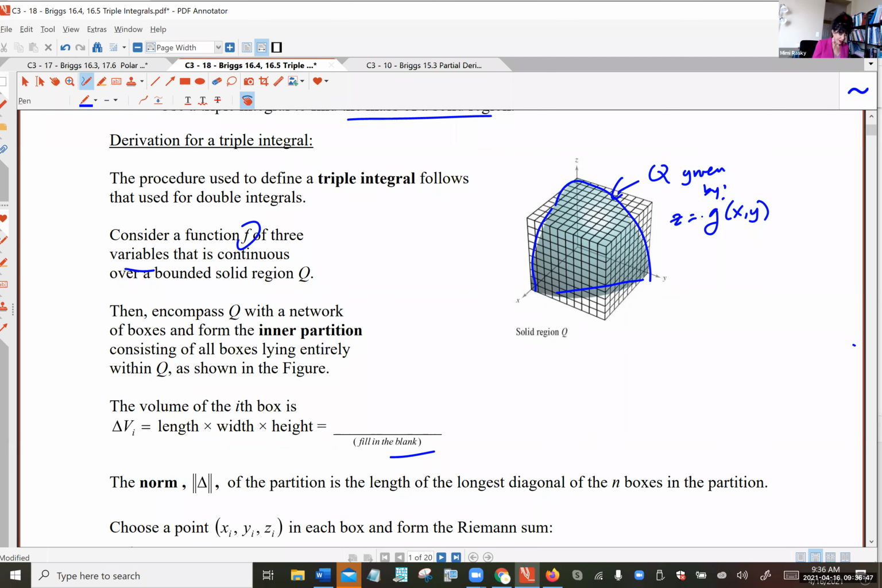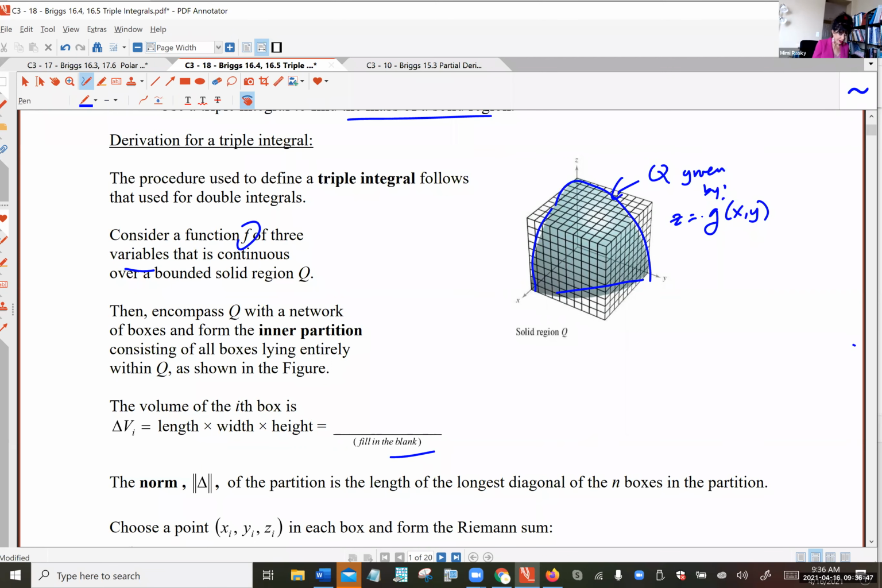Take one little teeny tiny box, call it V sub I. Find the volume of that little delta V sub I: length, width, height, multiply them together. Little change of x, change of y, change of z. And since it's the ith little box, x sub i, y sub i, z sub i. Now, if you tighten up the partition so that the length of the longest diagonal shrinks down to 0,